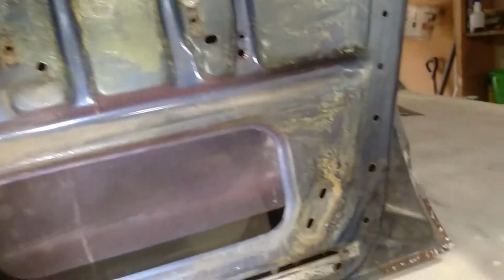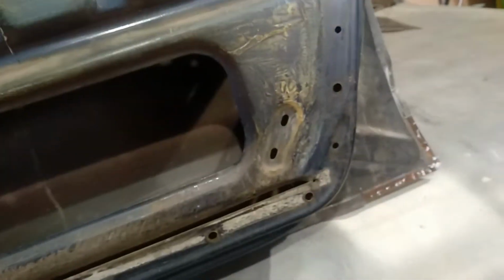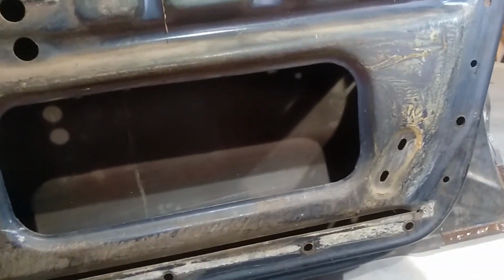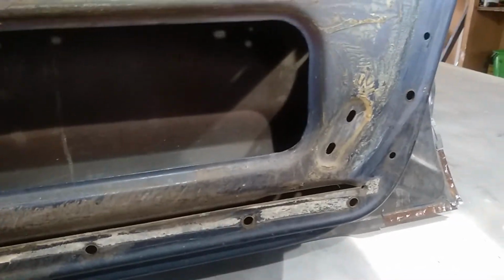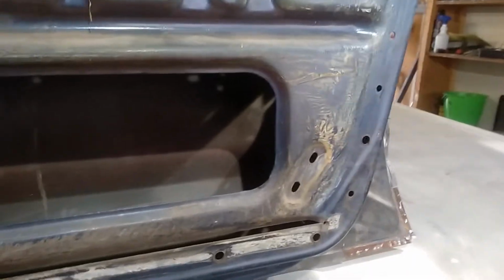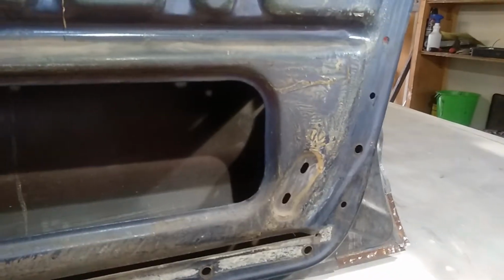At the end of the day, if you're building a show car or something like that, you may take the skin off the door and really get into it. But for the average man, having a bloody good clean and treating that is enough. How old is it? Like 66 was made, so you know, 2019, even 2020 now, we're over halfway through the year, almost the end of the 7th month, start of the 8th. It's been around a long time now, and if it's garaged and all those sorts of things, and you treat that properly,